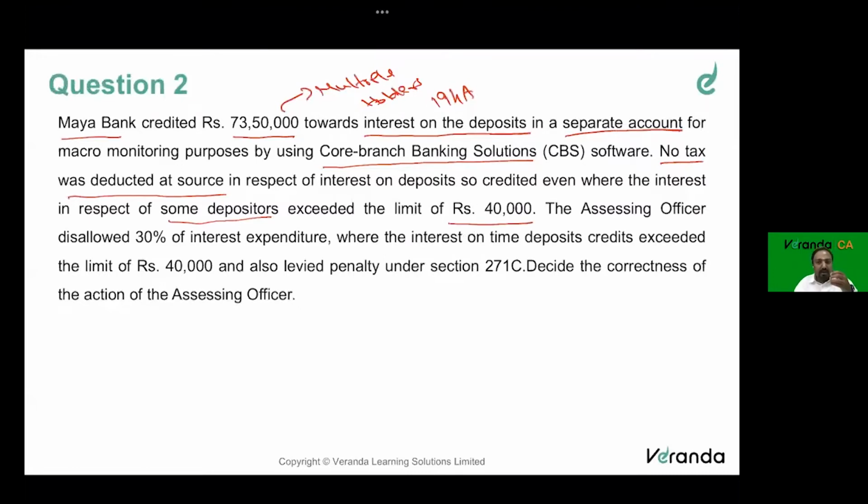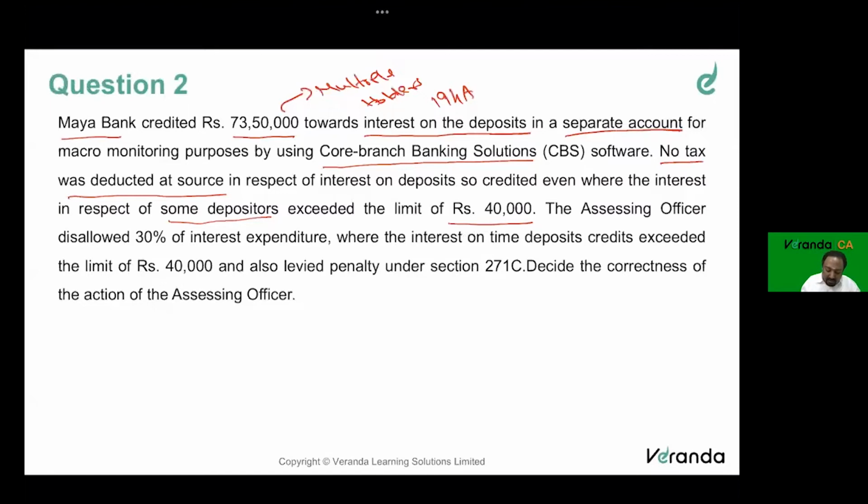So the rule under section 194A is, if your interest exceeds 40,000, TDS should be deducted by that bank. And when you say 40,000, when a bank is operating under this core banking solution, it applies to all branches together. If you have an account, one in Tamil Nadu, one in Maharashtra, it is put together as 40,000. But if the bank does not maintain this core banking solution, then it is 40,000 for the Tamil Nadu branch, 40,000 for the Maharashtra branch. So it is for each of the branches, 40,000 applies. But here they say it is basically for the core banking solution. So some deposits exceeded the limit of 40,000.